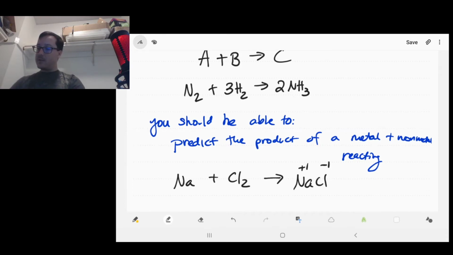If you want to balance this, by the way, that's what you would need to balance it, but hopefully not too hard to see that, right? This sort of reaction I would expect you to be able to come up with a product for. If I gave you